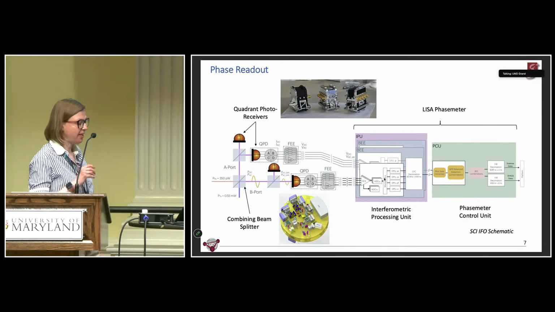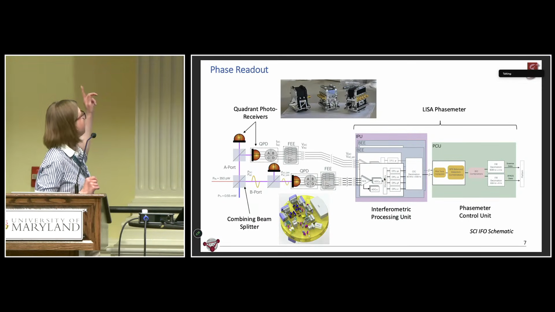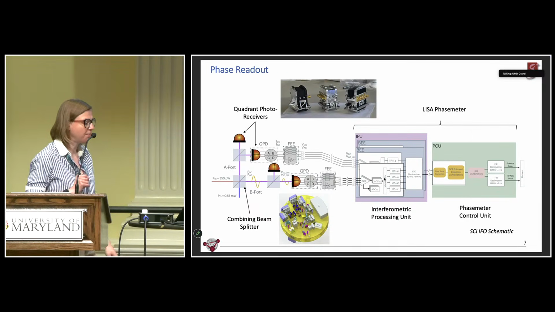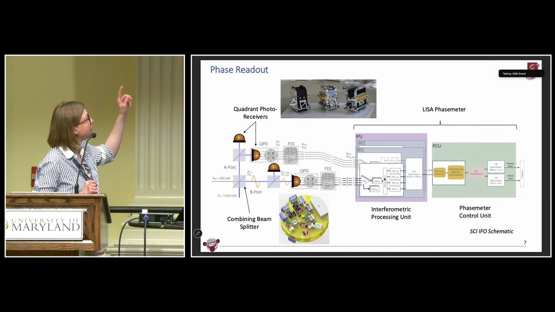So first, the phase readout. Here is the schematic of how the science interferometer looks. We have the combining beam splitter on the optical bench, where the RX incoming beam here in red and the local TX are being overlapped. We have 2 output ports of the interferometer, 4 quadrant photoreceivers in total for redundancy. Each of them, as we know from Ryan's talk yesterday, consists of a diode as well as electronics